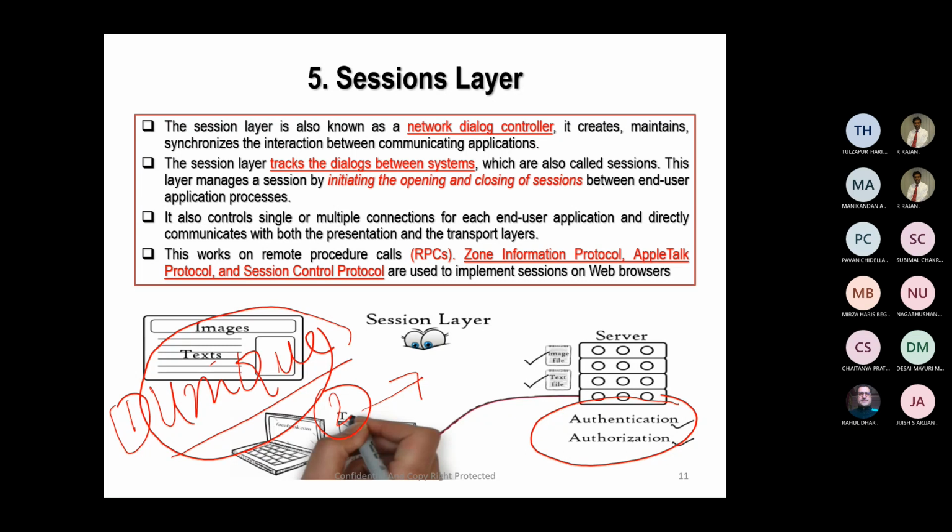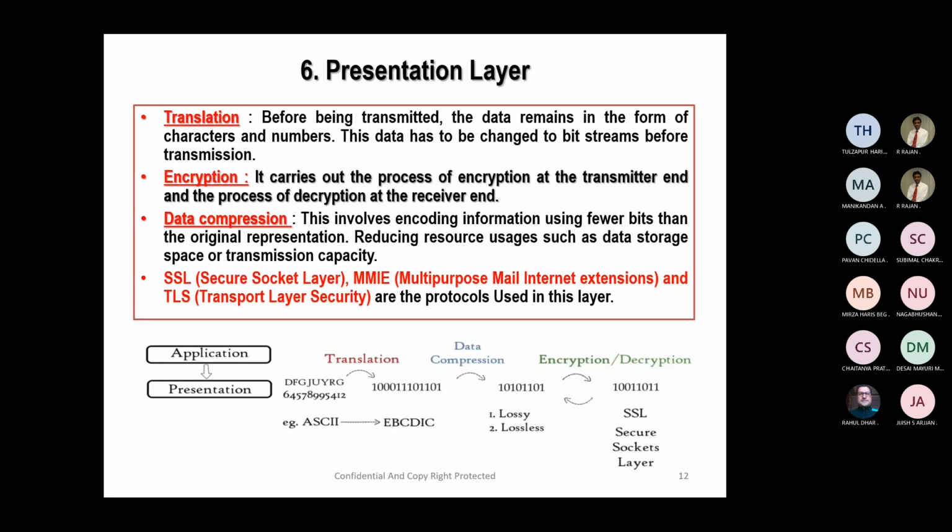Authentication can be of multiple levels. It can be single-factor authentication, or two-factor authentication, or three-factor authentication. The number of layers of authentication can be strengthened based on the sensitivity of the information being sought. And once the authentication is successful, then you would provide access to transmit the data or access to modify the data. That is something which happens at the session layer, and you have to look for it.